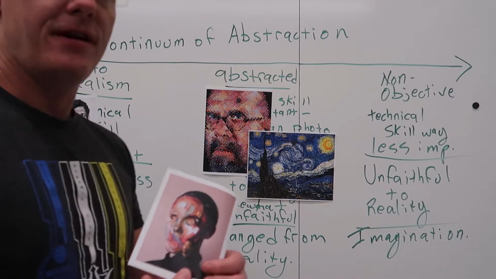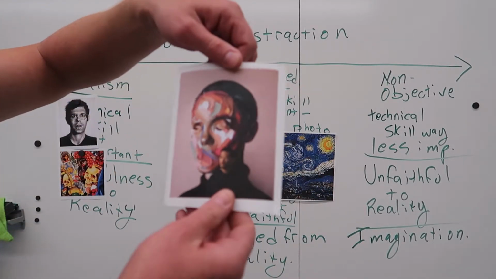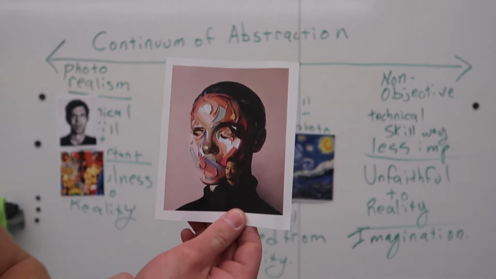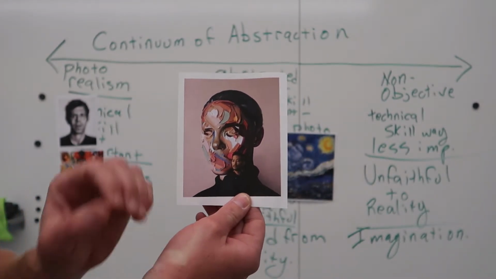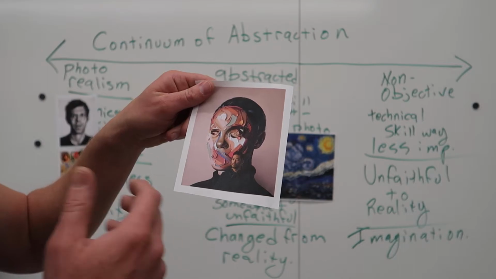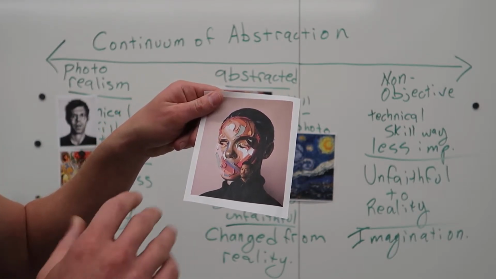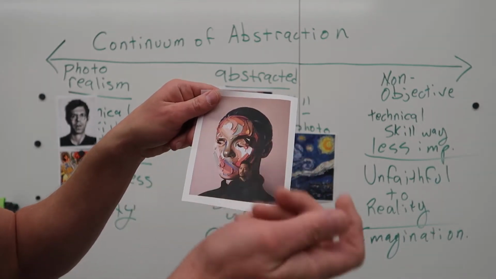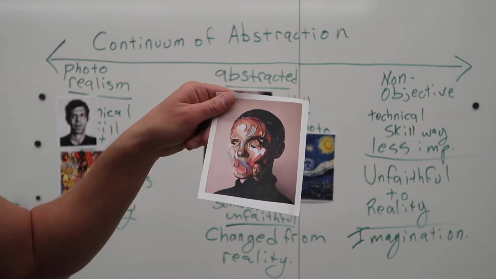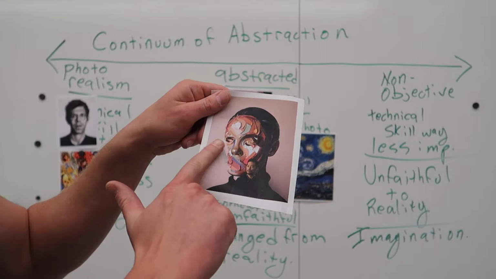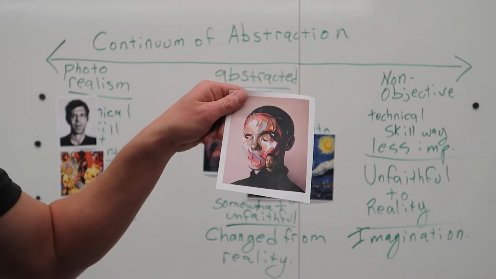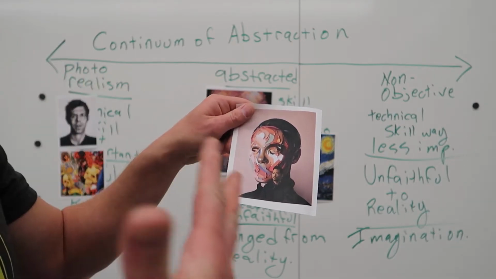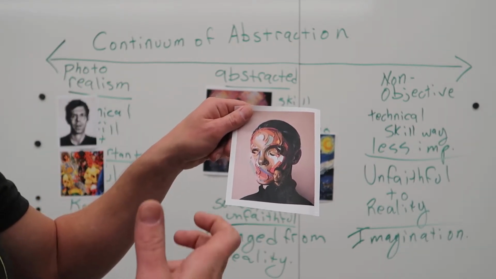So this is one of my favorite contemporary modern artists. His name is Joseph Lee, and he's actually down here. This is not a very good image, so I'm getting it close to the camera. I hope you can see it well. But he definitely does a lot to abstract his work. We can tell that it's a portrait, basically because he's painted out the nose and the hair and the ear to be somewhat realistic. But everything else is just really thick swatches and very motion-enhanced actions of the artist,